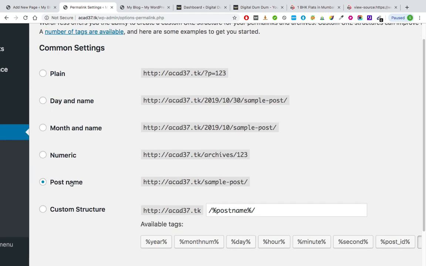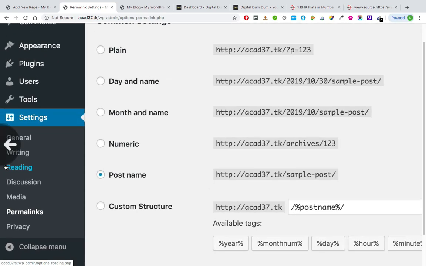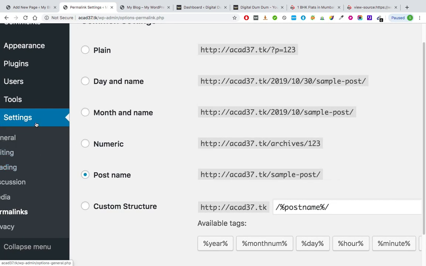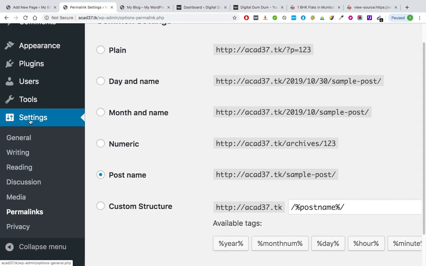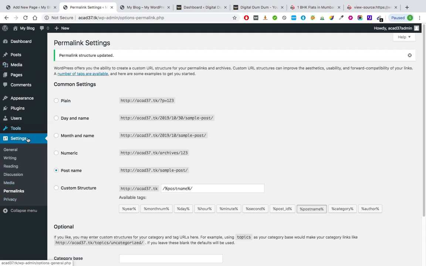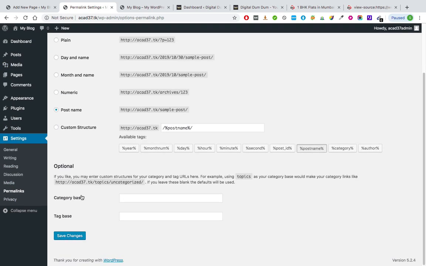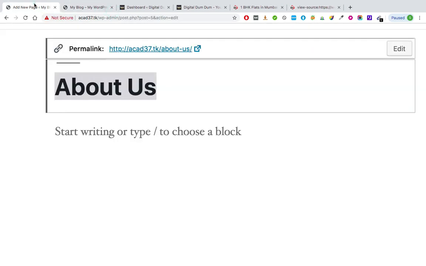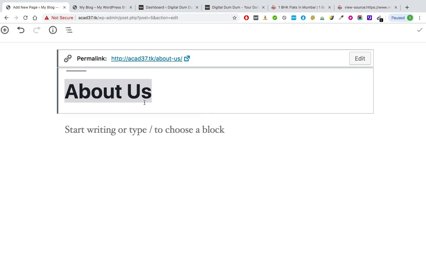Additionally, you can access the setting by going to the settings area, settings in the dashboard, and permalink section. Settings, permalink. This is the dashboard. Go to settings, permalink. You can change the settings and simply hit the save changes option. I'll close the tab. So that is what permalink is.